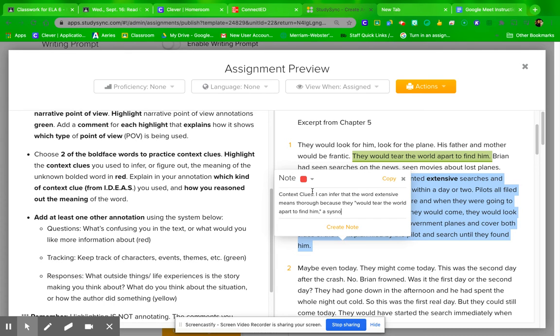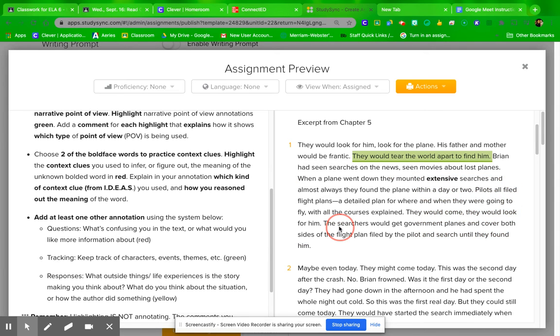A synonym clue for extensive is detailed, like the flight plans. Okay. Note,